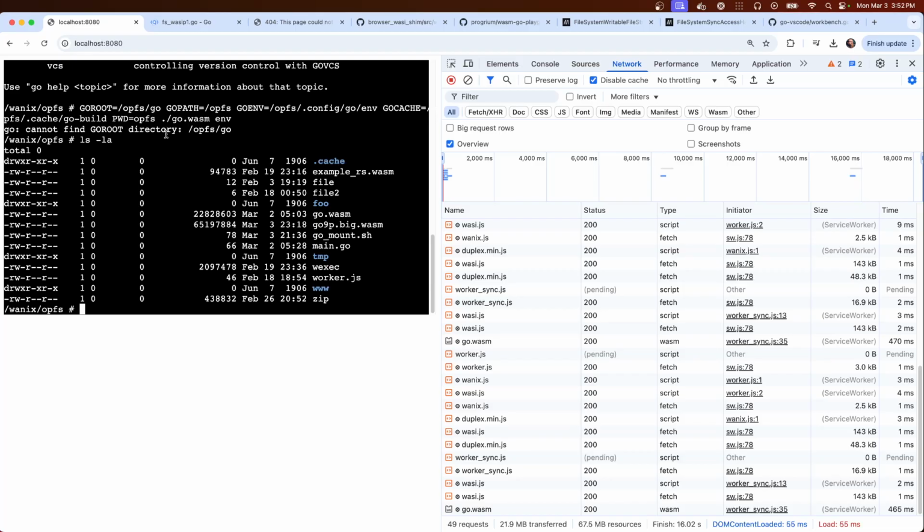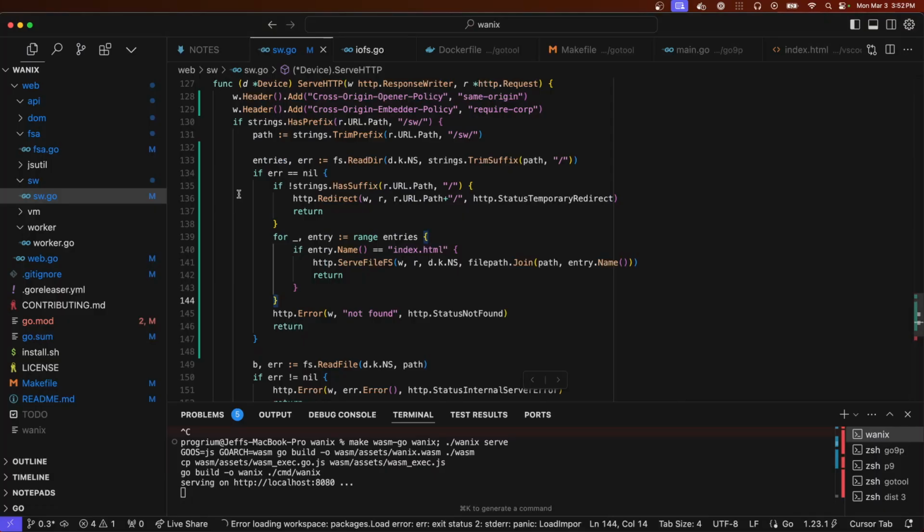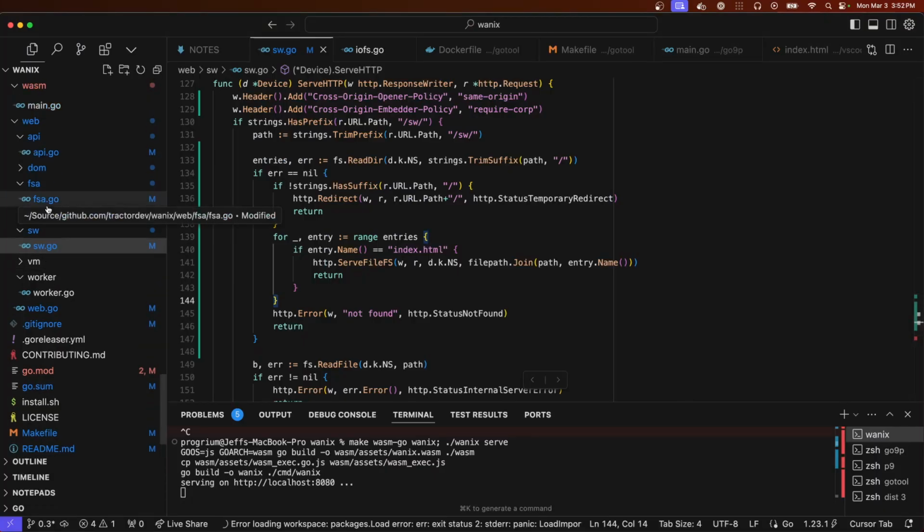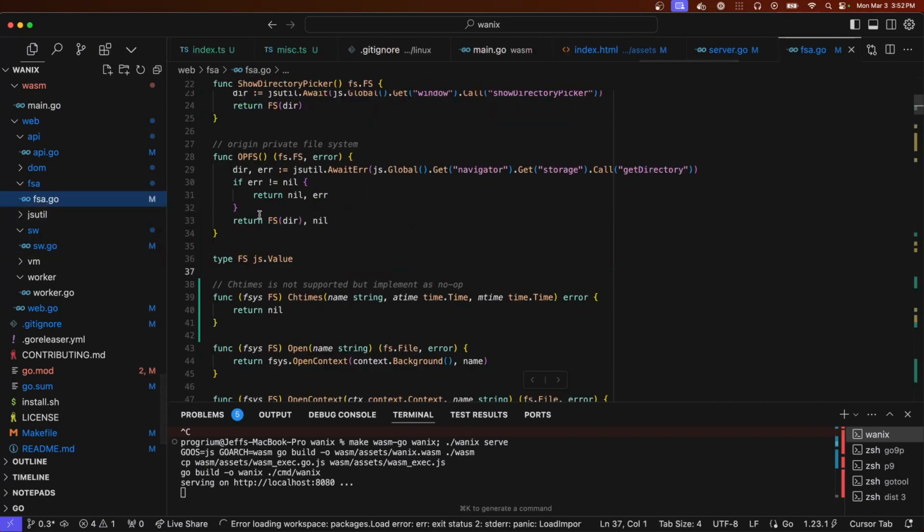While we don't have a place to store it, it feels like that's not terrible.